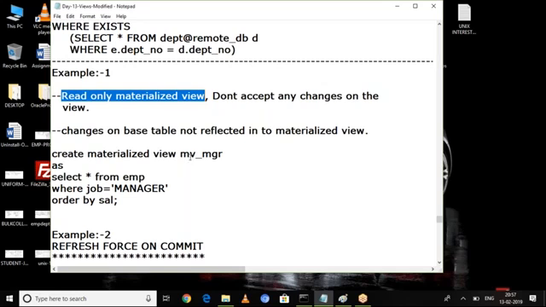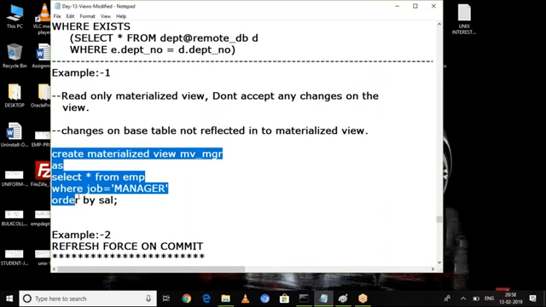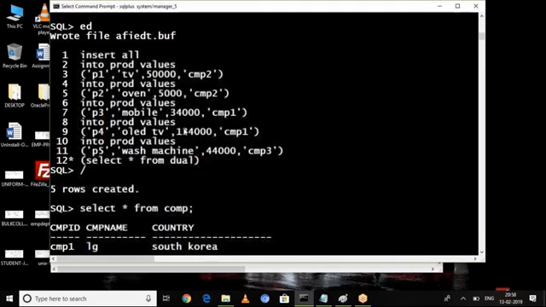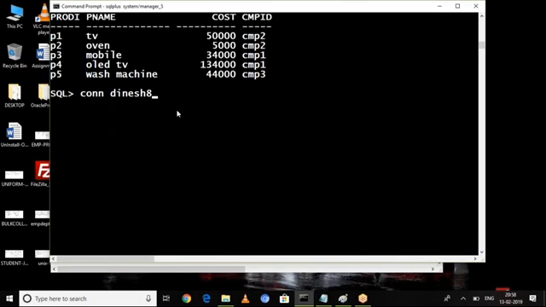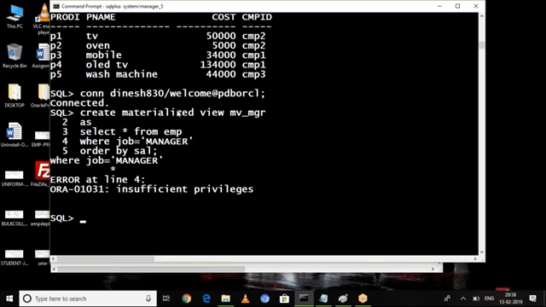Here, I want to create a materialized view based on manager data. You can easily understand. Just see, I want to create a materialized view with manager data. If you try to apply it, it will display insufficient privileges. How to get permission? Connect as,